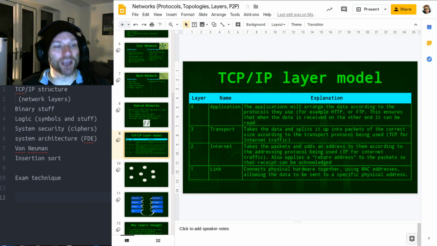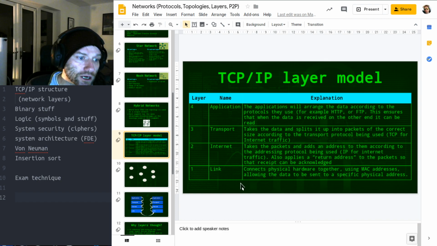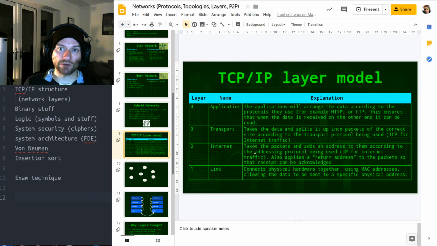Anyway, right. So, let's have a look at what actually happens when the page gets sent back. There are 4 layers that you need to know about. Now, this is the TCP/IP layer model. That's what you need to know about at GCSE level. It is not the OSI layer model, which has 7 layers, 8 layers, depending on whether you deem layer 8 a proper layer or not. Okay, so anyway,